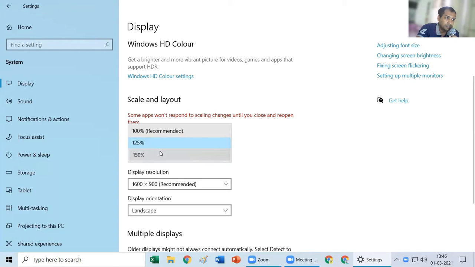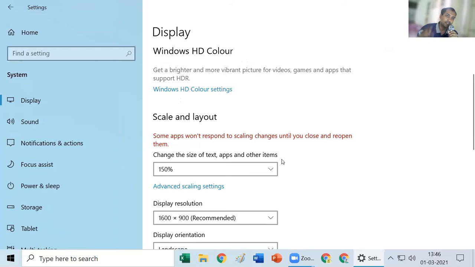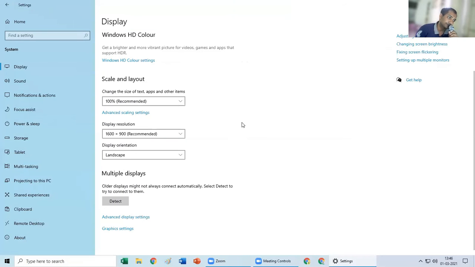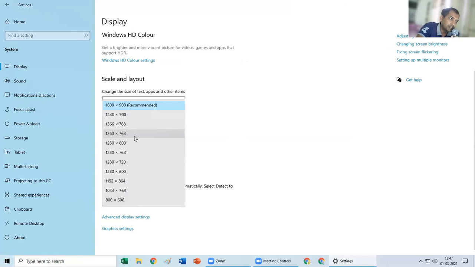If I click on a bigger one than this, see it's increasing in size. So as per my requirement, I can increase the size and decrease it as I want. Some people may have vision problems. For them, this can be useful, where the items become a little larger and the font becomes easily readable.